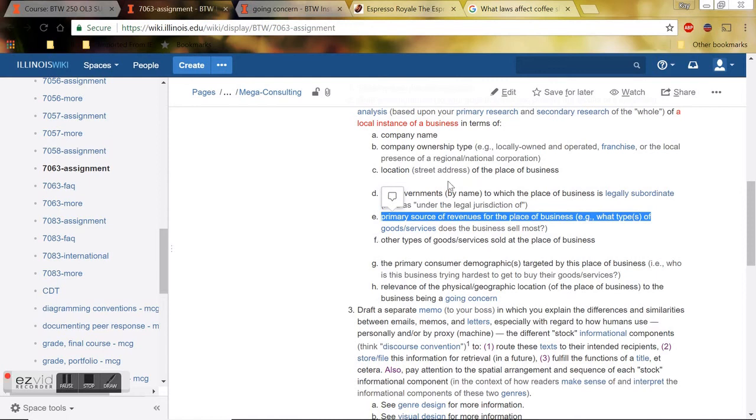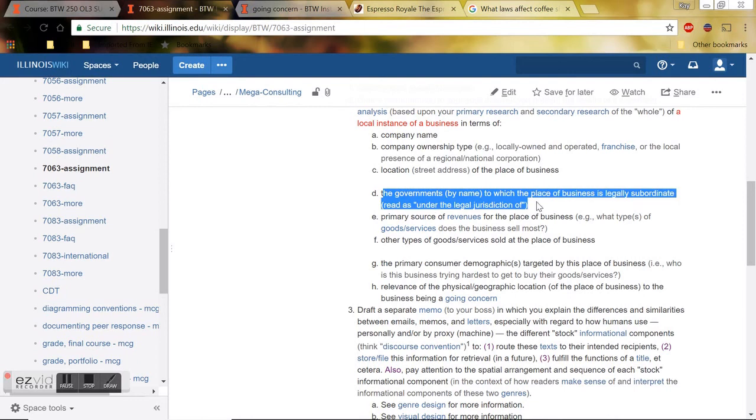We want to keep this going on. A going concern, again, could also be a potential problem. We need to watch out for that. So when we cover governments that this business is subordinate to or under the jurisdiction of, then we need to look at common problems that affect our business legally. What legal problems? For example, if you did this on a bar, underage citations might be a problem.